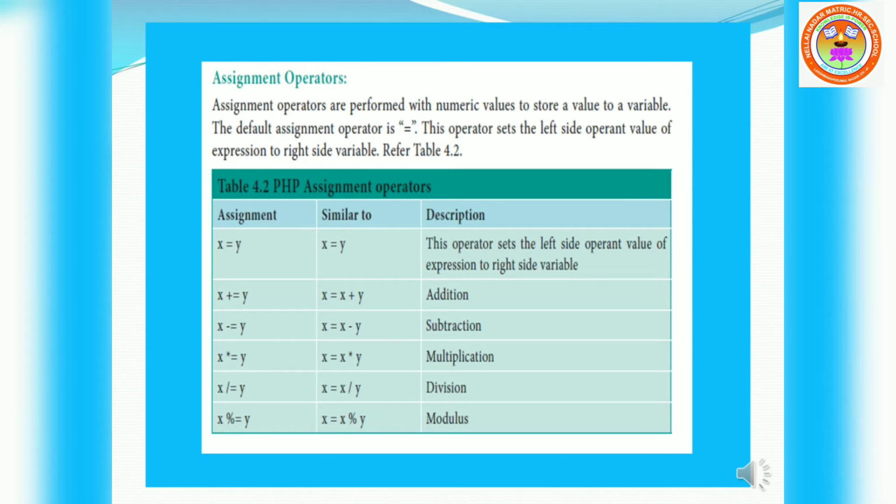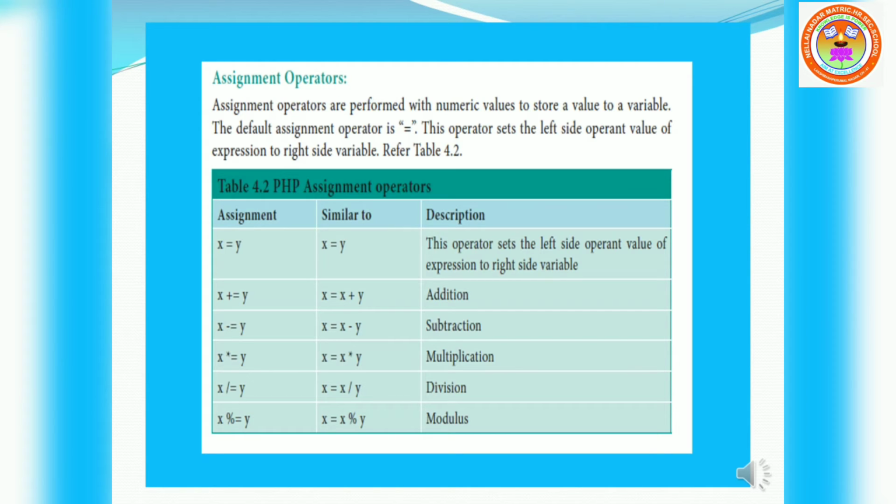So here x is equal to y, left hand side operand value of expression to right side variable. So whatever value assigned in x will be assigned to y also here. But this is x plus is equal to, can be written as x is equal to x plus y. This simple form will be technically written as x plus is equal to. Already one value will be available in x. That value should be added with y. The previous value, that is new value of x is equal to old value of x plus y. In that way you have to read.